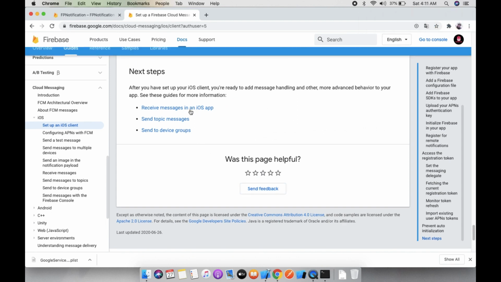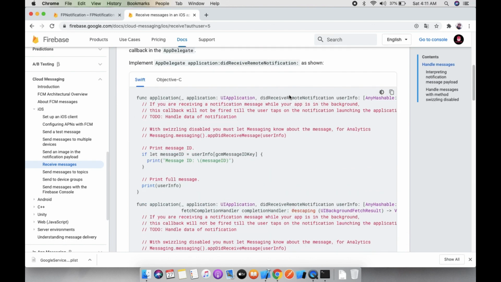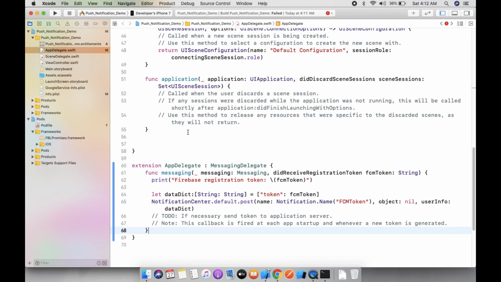And now the next step is receive messages in the iOS app. Let's click on this. The next step is the AppDelegate didReceiveRemoteNotification function. Let's copy it, and this is the function.